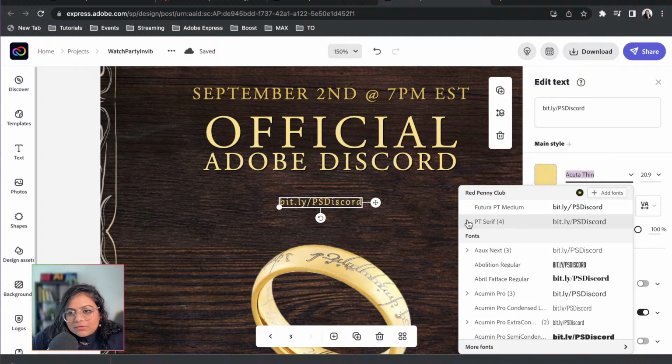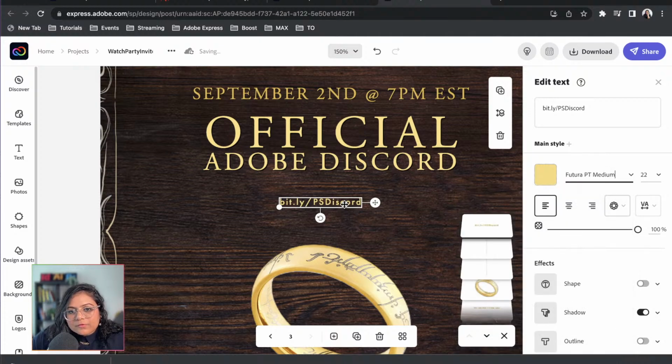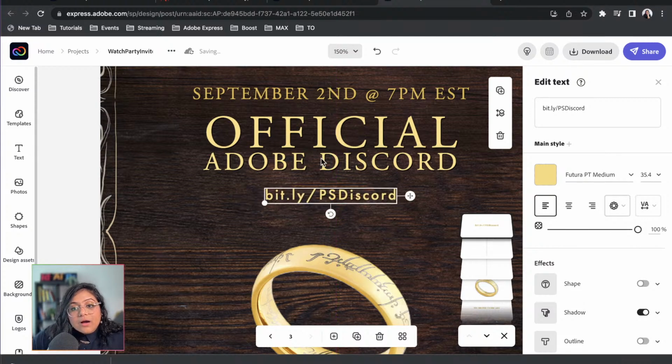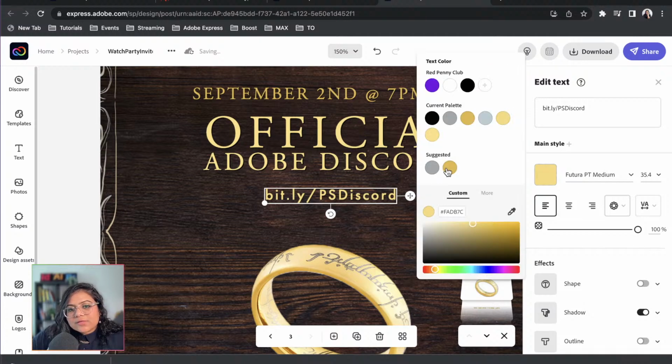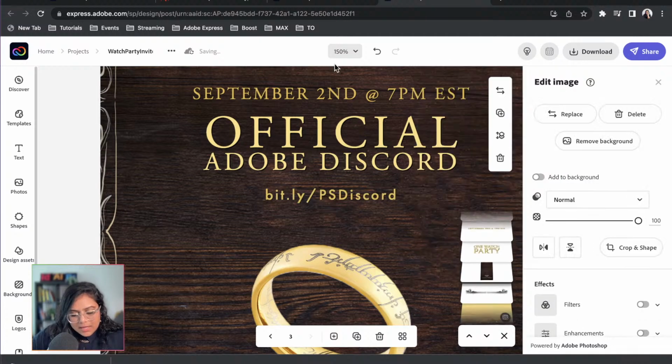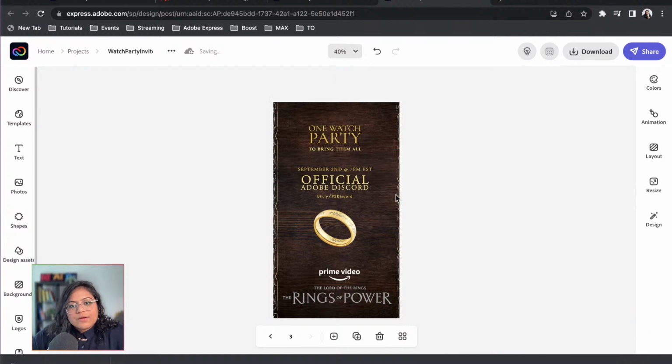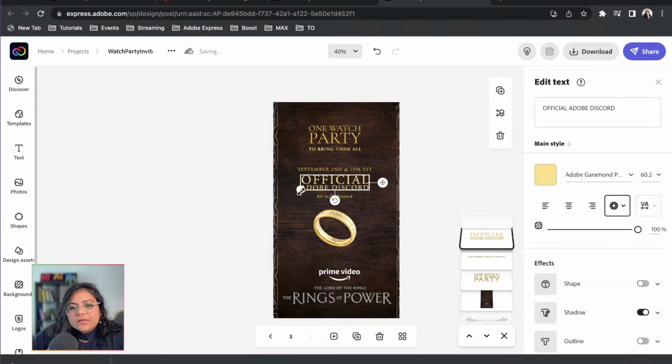I think I'm just going to use a Futura for this because I want it to be legible, and I want it to be the only thing that is sans serif so you can also read it. I also want to change the color of this, so I'm going to keep it a darker tone. And then I press Command 0. Thank you, Sean, again for that beautiful thing as well.